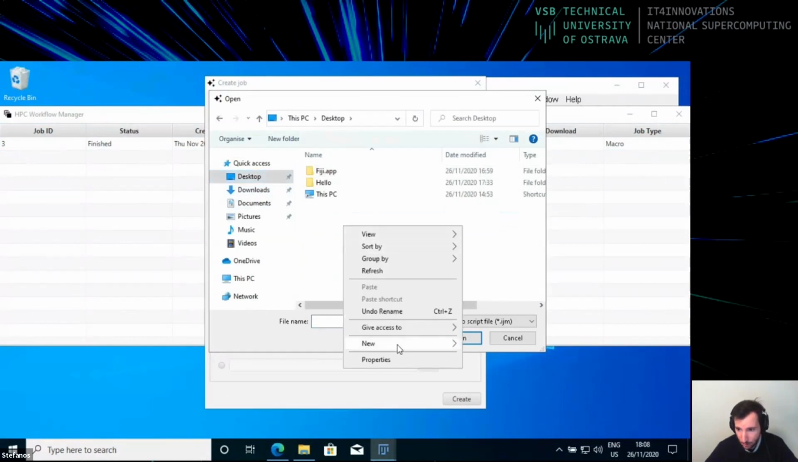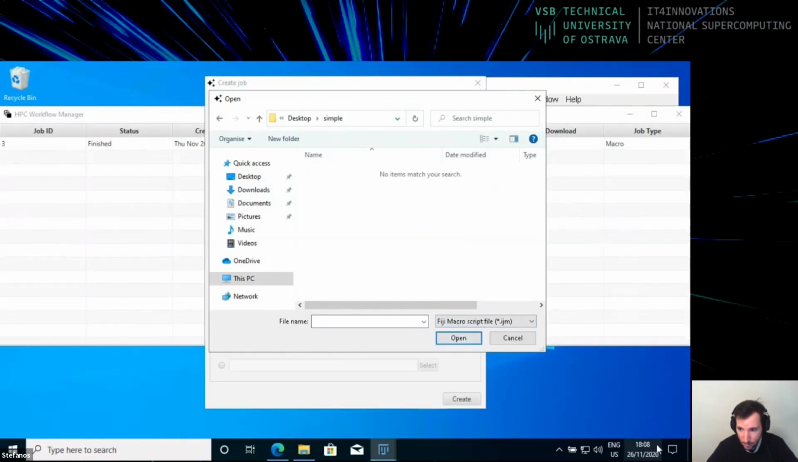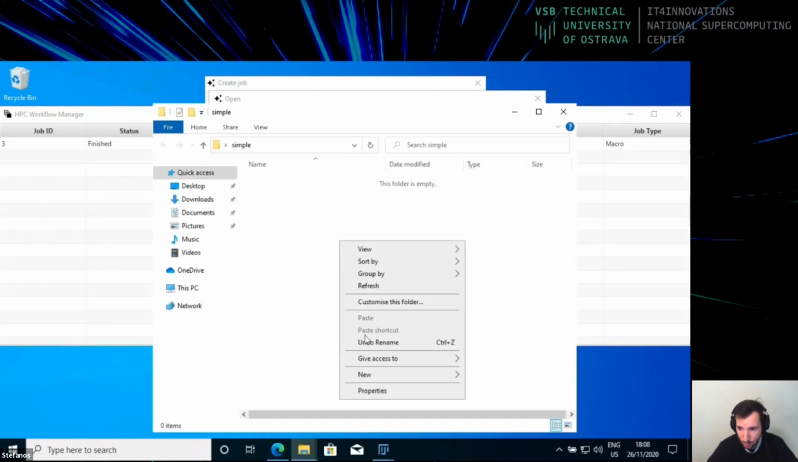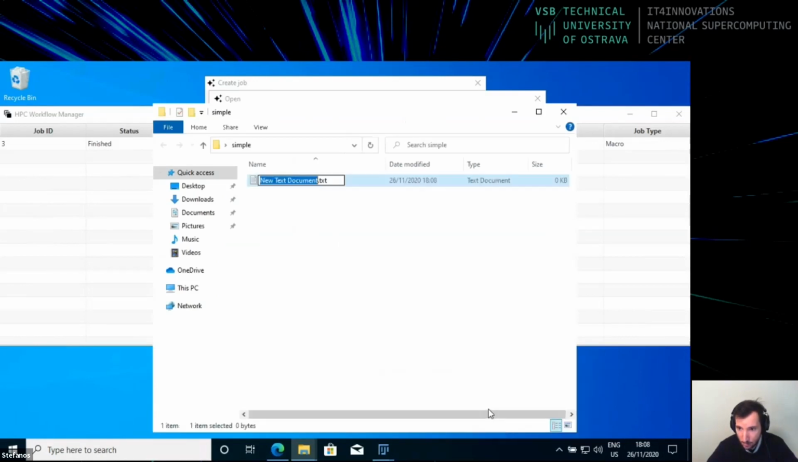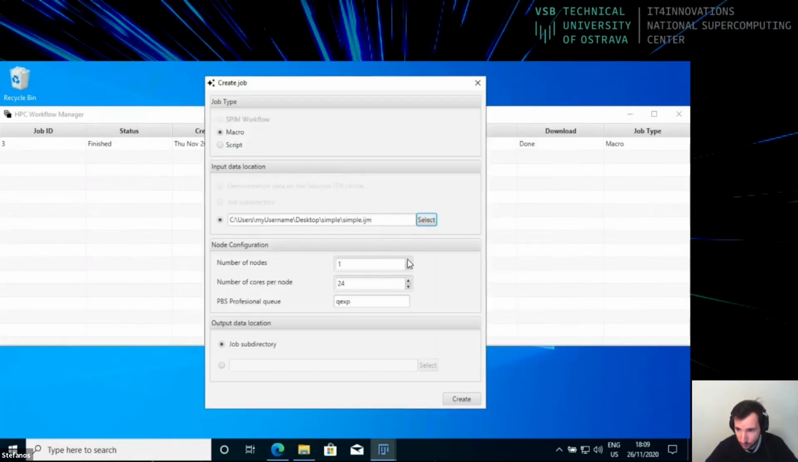I'm going to create it on the desktop, and I'm going to call this one simple, because this is the first simple macro that we are parallelizing. We will need the IJM file here inside the empty simple directory. So I'm going to create a blank macro script, and I will call it simple IJM as well. You can use any name, but I will use this one and select it. We will need to use 3 nodes for this example as well, and please use 3, otherwise it will not work. Press create,